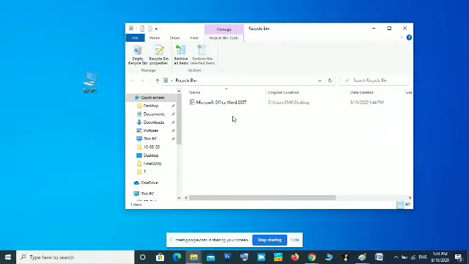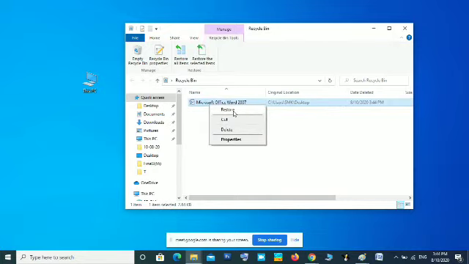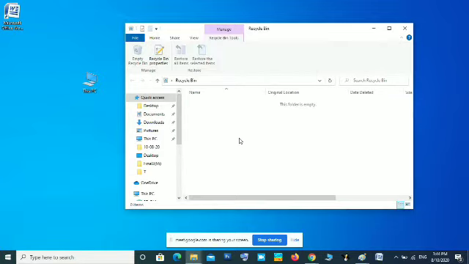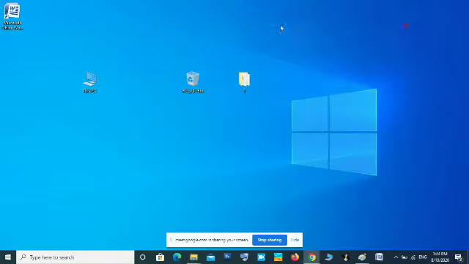When I open the recycle bin, you can see it is there. Okay, from here you can restore or you can delete. It is very useful because if you accidentally delete some files, you can take them back. Okay, if you use shift and delete, you will not be able to take it back or restore it. Okay, these are some methods to delete a shortcut. This method is also used for deleting a folder or file.